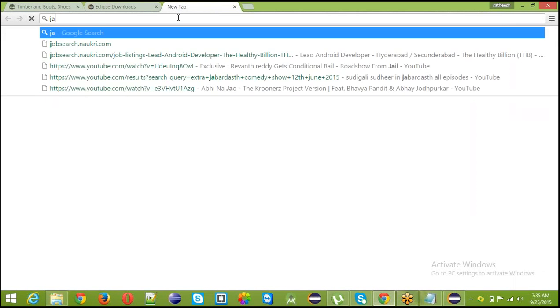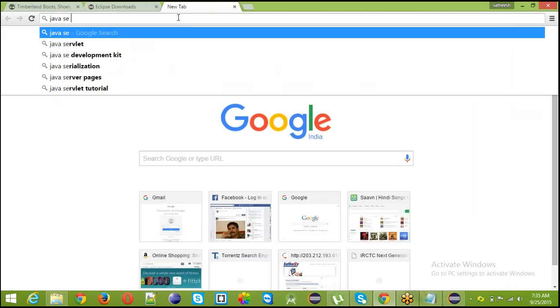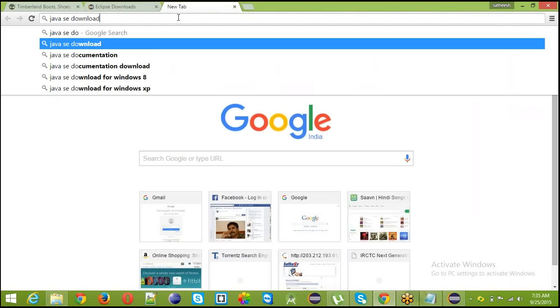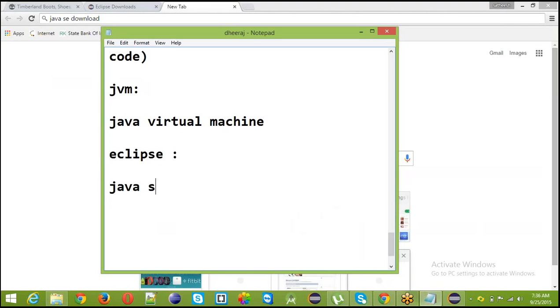The same way, you can search for Java SE download. Java has three flavors: SE, ME and EE. SE is nothing but Standard Edition, ME is Micro Edition and EE is Enterprise Edition.